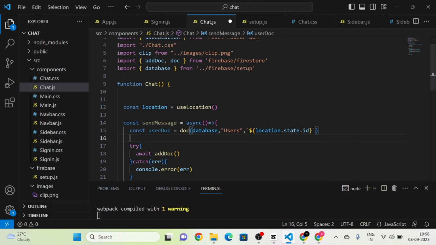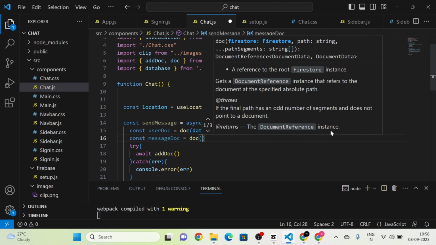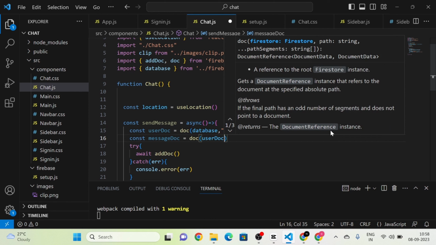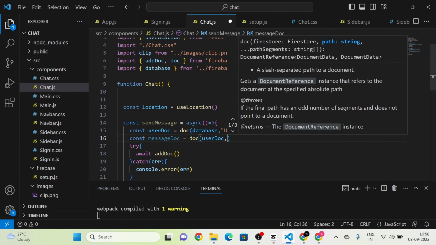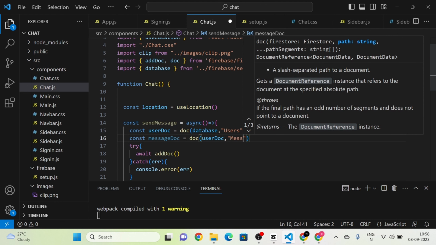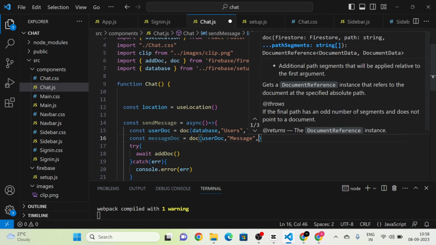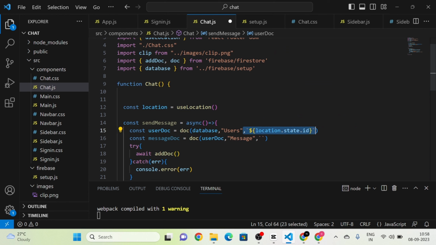Okay. Next I am going to define another variable. I am going to give the name of the variable as messageDoc. Here also I am going to use the doc function from the Firebase Firestore, and as a first argument I am going to pass the userDoc itself that we have already defined here. Then as a second argument I am going to pass the name of the subcollection that we are going to create, so I am going to give the name as message here. And as a third argument, I am going to pass the ID itself, which we have given here. So I am going to copy this and paste it here